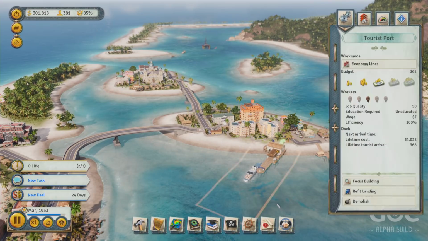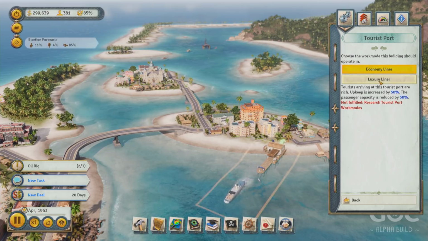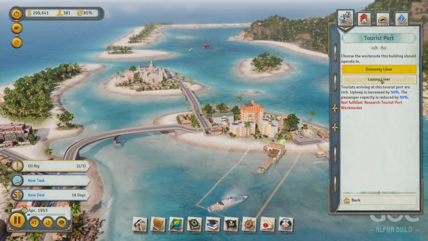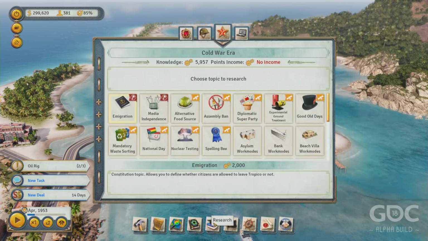Yeah, if we go over to our tourist port, you can see that our work mode currently has an economy liner coming in, which means we don't have rich tourists arriving on the island in any kind of numbers. We need the luxury liner to do that. However, that work mode